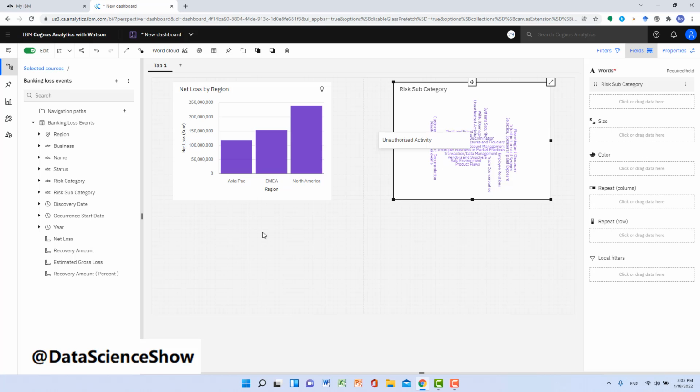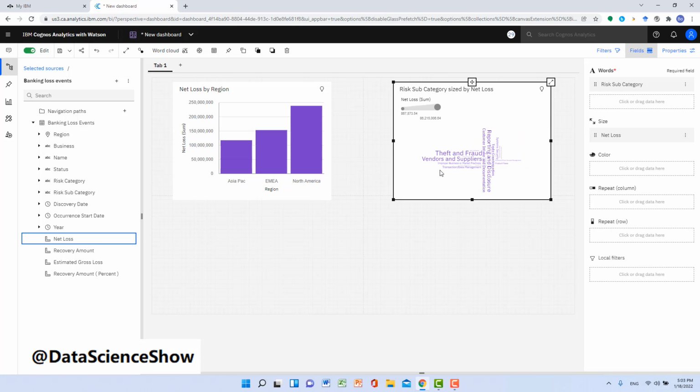How can we show it? We drag net loss and then drop it under size. Then you can see the size of different risks has changed. The more money we lost in one category, the larger that category text will be. So obviously from this word cloud, you can immediately identify in which risk category we lost most of the money.